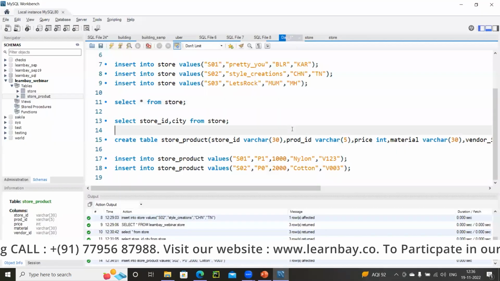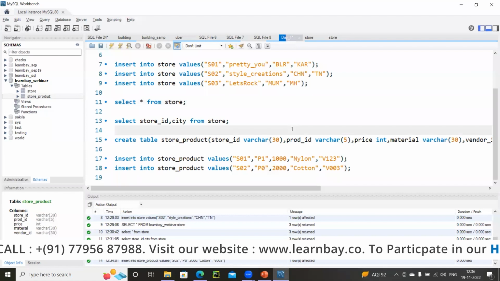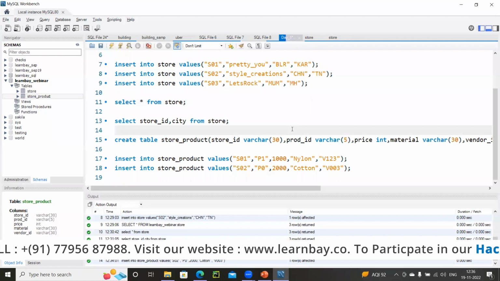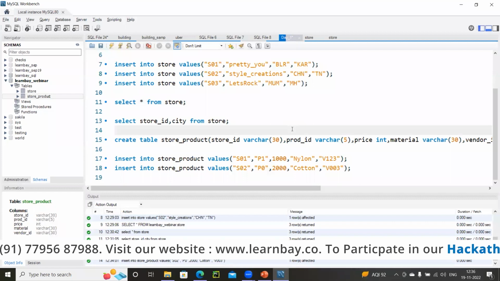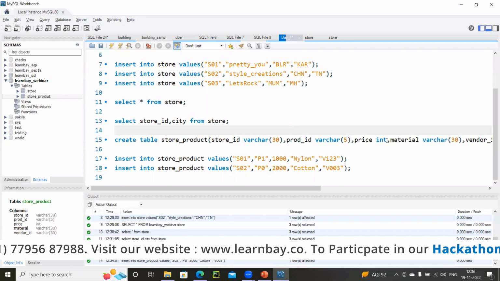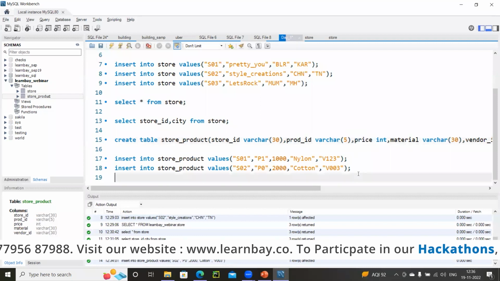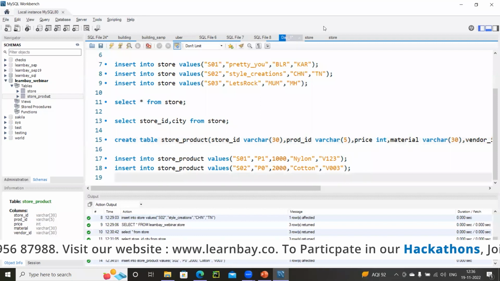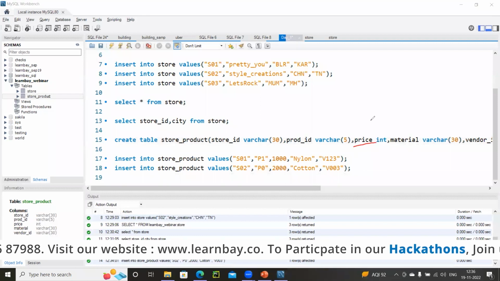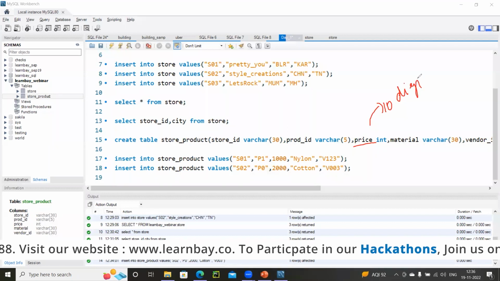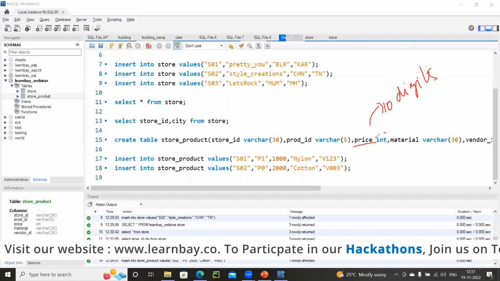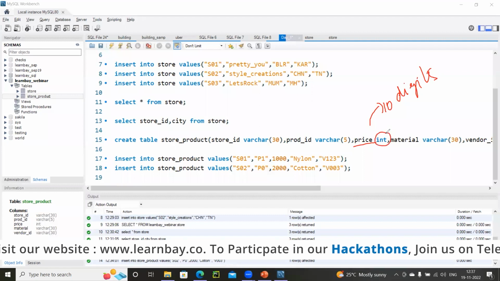So go to this. Which one let's alter? Let's say, okay, I'm having a price as an integer, right? Now, suppose I want this price to be holding more than 10 digits. Integer can hold only up to 10 digit numbers.